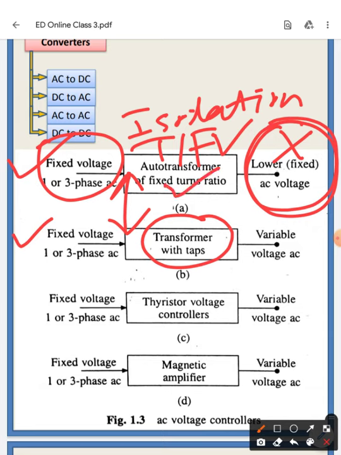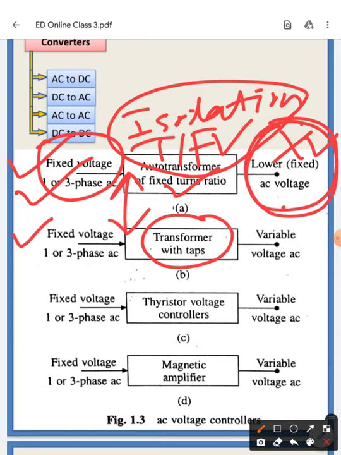Generally this type of transformer, the isolation transformer, is connected to the power electronic semiconductor devices. When we are going for experiments on any semiconductor devices, we need to connect this isolation transformer. Generally the isolation transformer serves two purposes. One is isolation of your input side from the output end, and another one is to get a fixed level of voltage even if there is a variation at the input end, right?